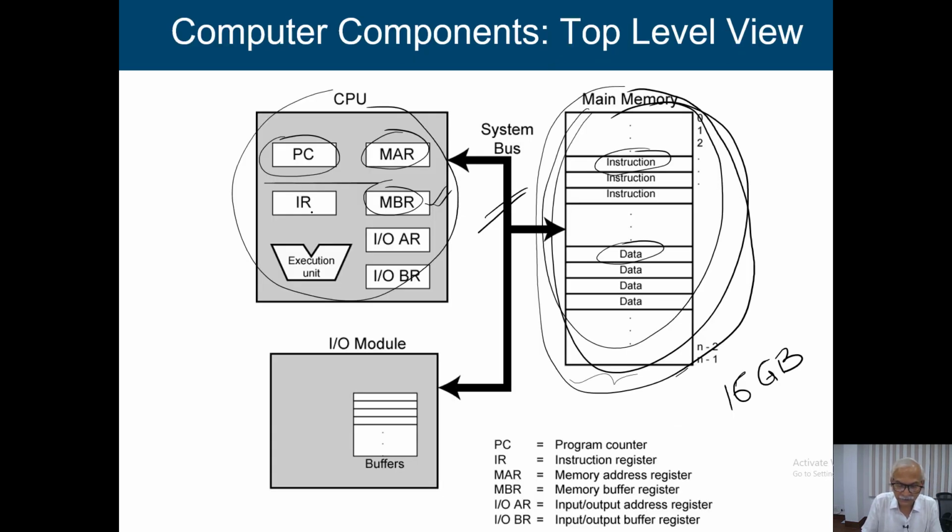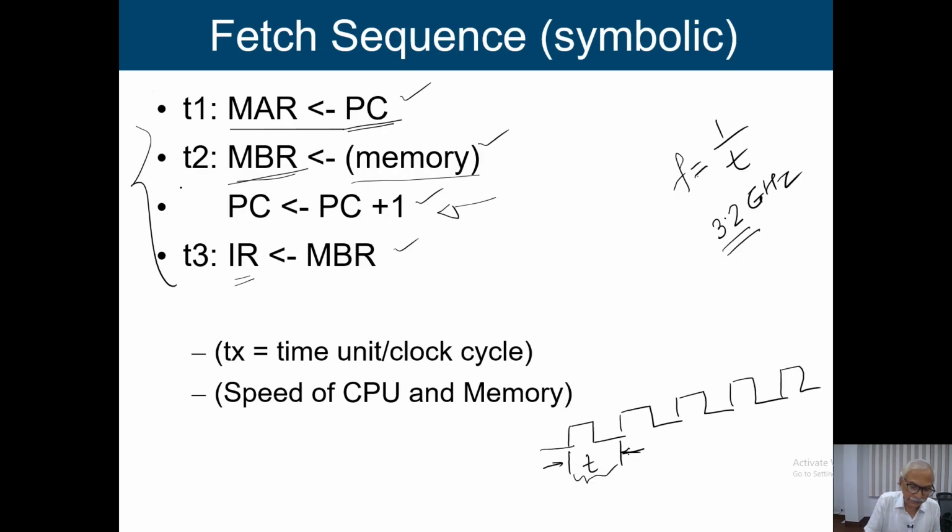In this particular case, we have given the address, and then we indicate that you read the data. We have to get the data or instruction from this memory, and it will come back to the processor. Since memory is a slower device, it will take time. While it is getting the information from memory, the resources of the processor are free, not doing any other work. So that time can be utilized, and in this clock cycle itself we are going to increment the value of the program counter.